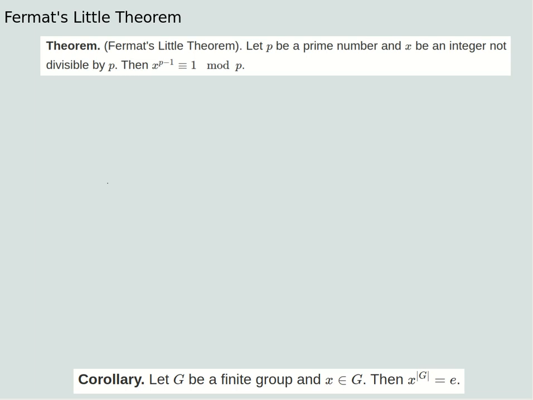In this video we're going to prove Fermat's little theorem. It's called that to distinguish it from Fermat's last theorem, the thing about a to the n plus b to the n equals c to the n. But here's the statement. Fermat's little theorem says that if you take a prime number p,